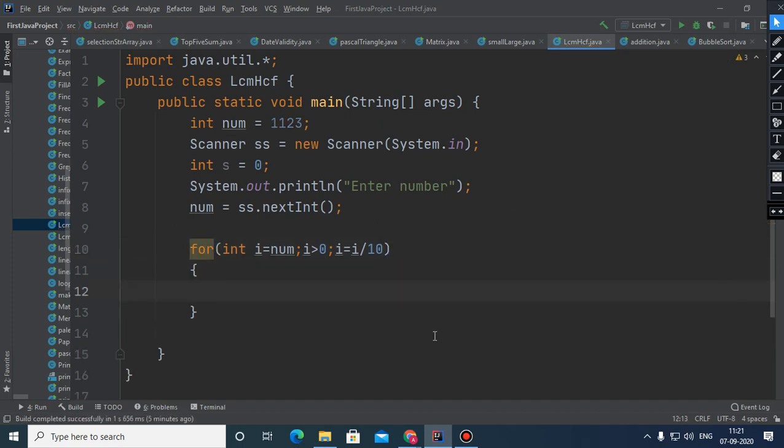So children, what is the role of this iterative statement? Suppose the number is 123, and the first time when the division by 10 executes, the last digit will get eliminated and the number will become 12. Next time, the last digit will get eliminated again and the number becomes 1. Finally, when this last digit is eliminated, the number becomes 0 and the loop terminates. So it simply means that this loop will go 3 times. Any doubt, children?